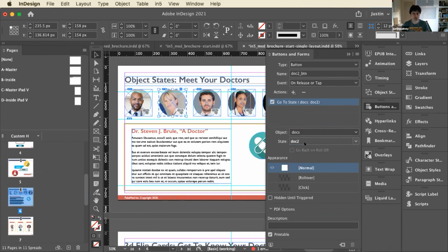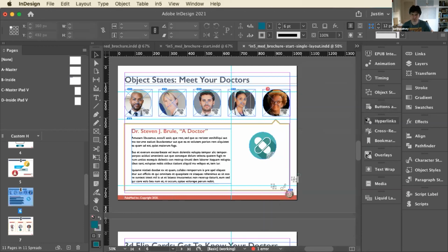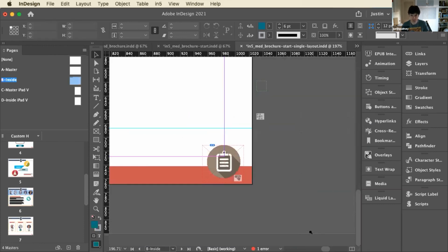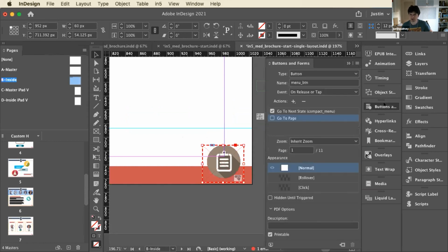Now, I had mentioned previously that I have this menu down at the bottom right. This is on the master page, right? So I don't have to add it to every single page. So let me go in here and show you how this is working. This is my button. If I go to buttons and forms, you can see